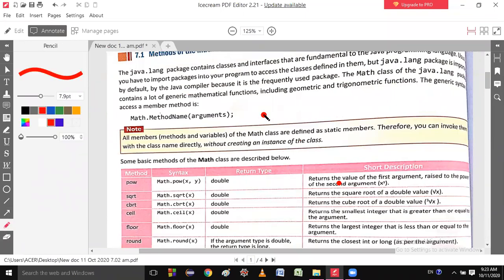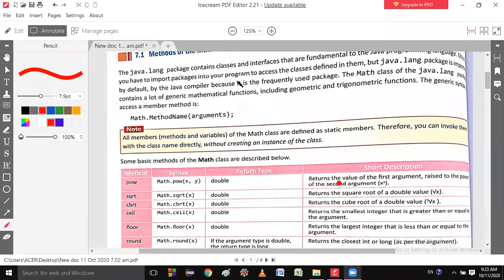So students, if every method and every variable of the Math class is static, then how will you call this method? By the class name. Why are you not responding? It's very bad.